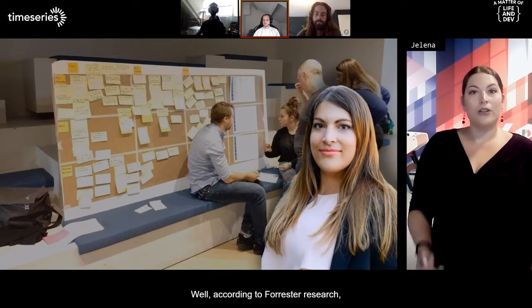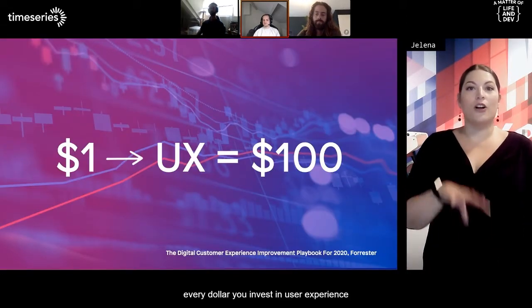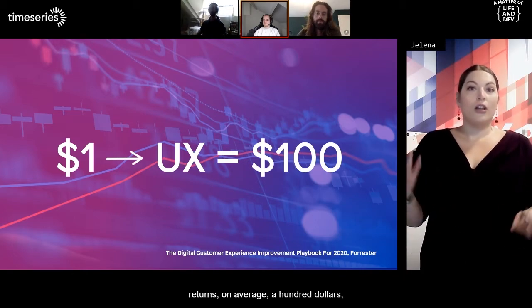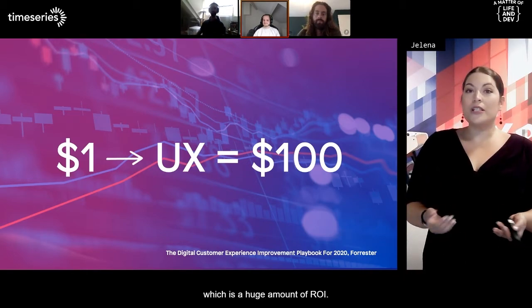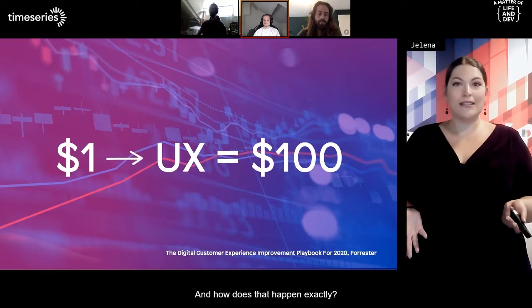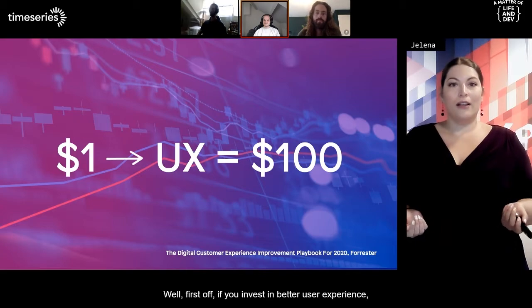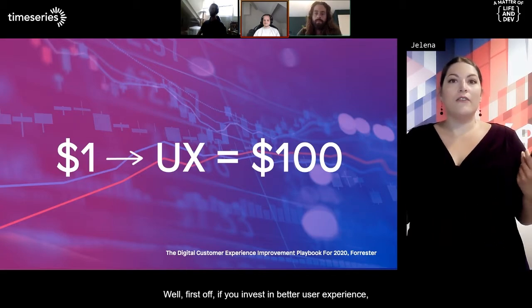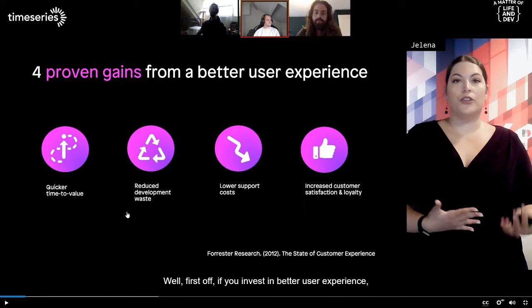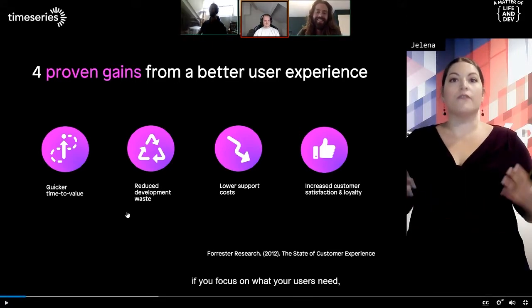Well, according to Forrester research, every dollar you invest in user experience returns on average $100, which is a huge amount of ROI. And how does that happen exactly? Well, first off, if you invest in better user experience... I like that ROI. Yeah, that's insane. It's hard to imagine.